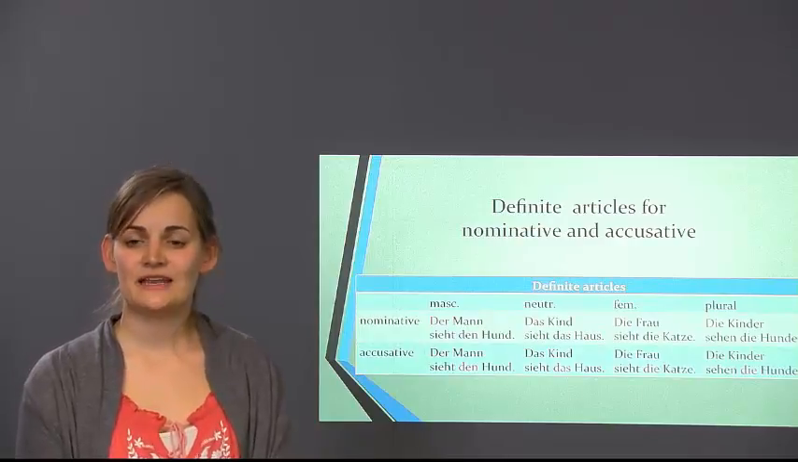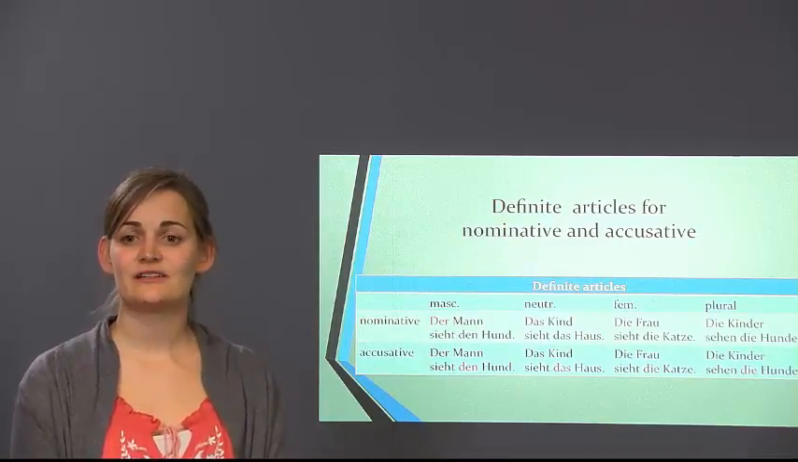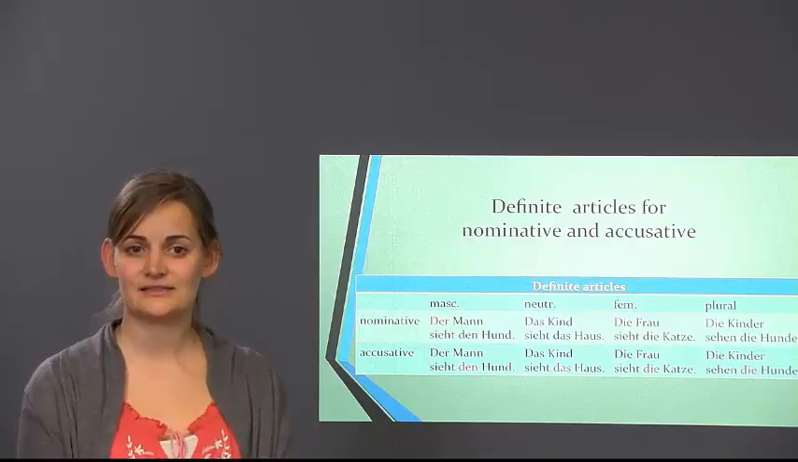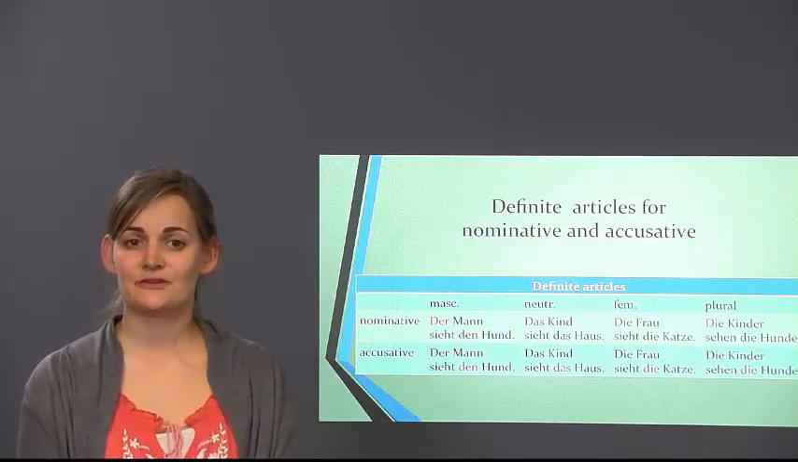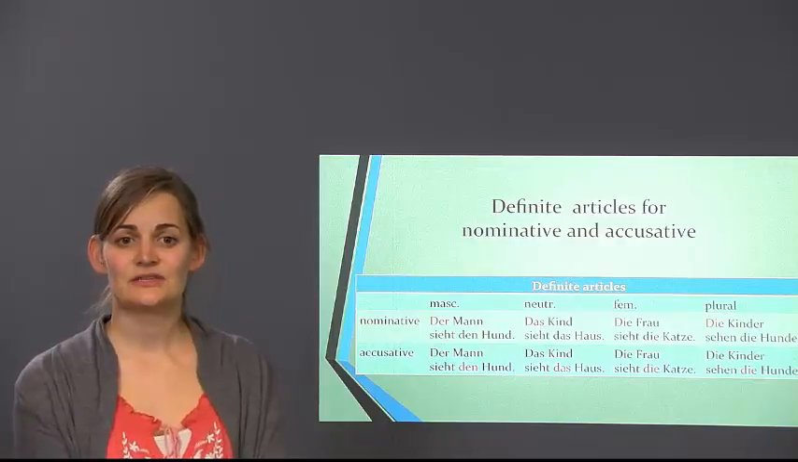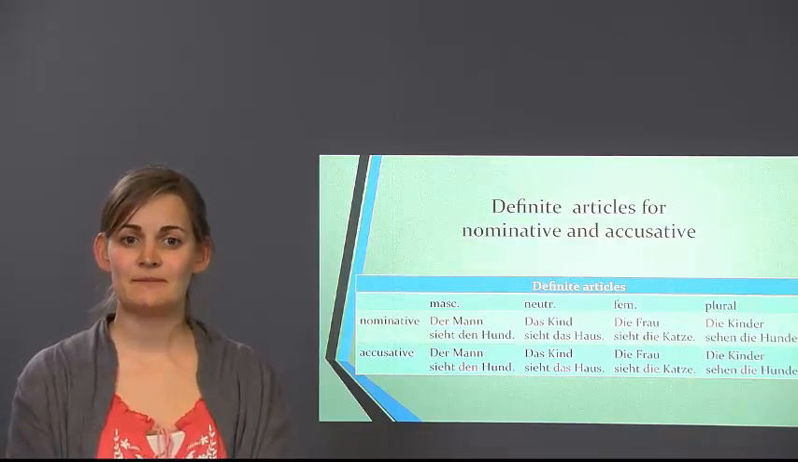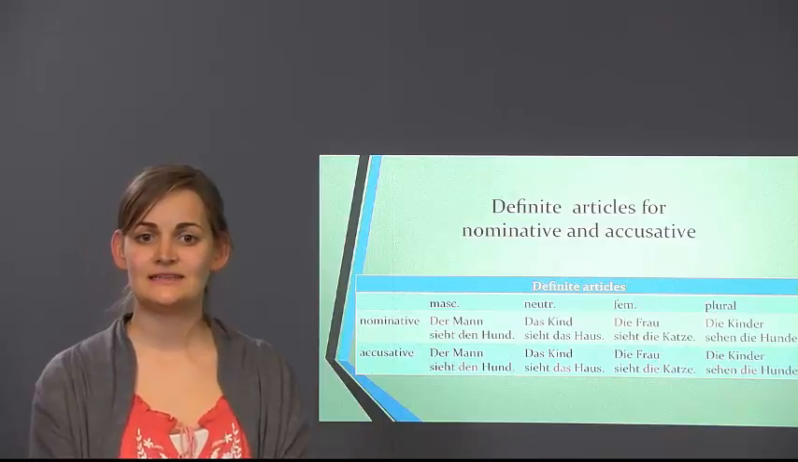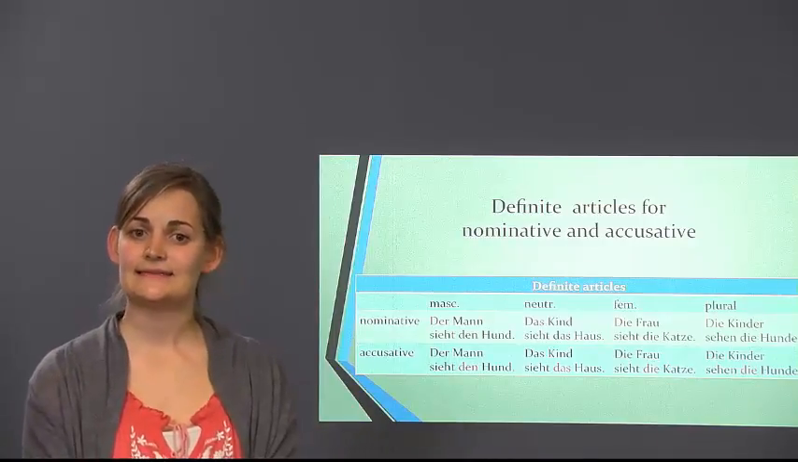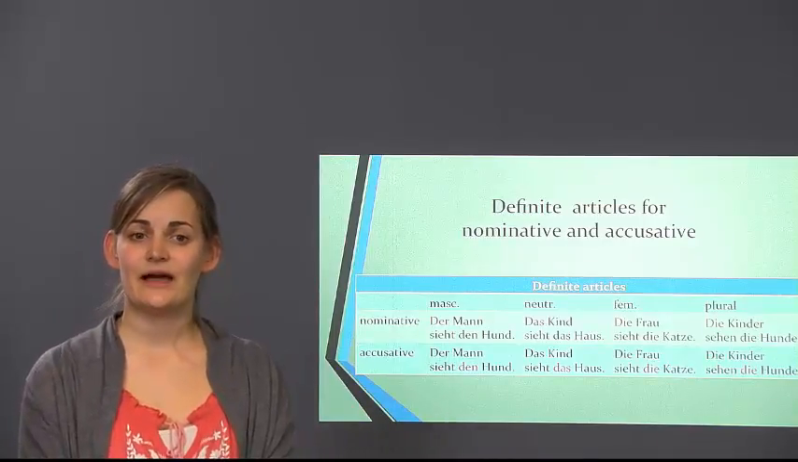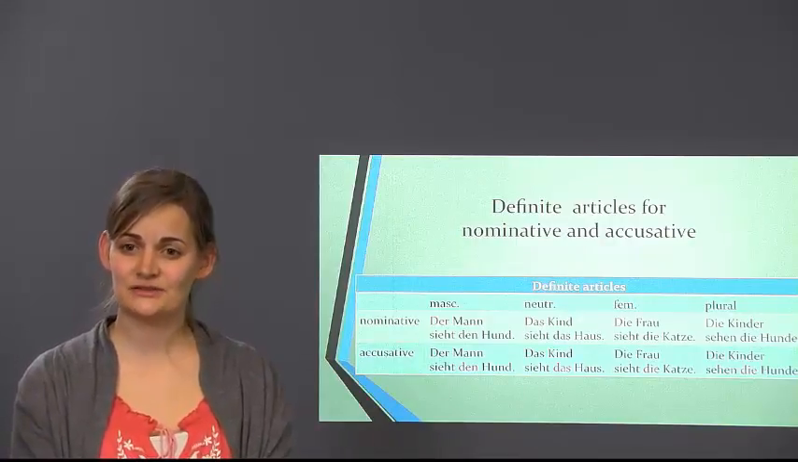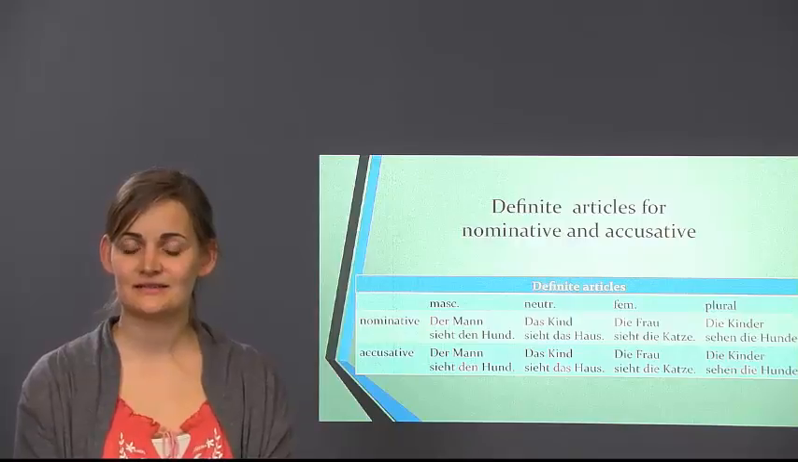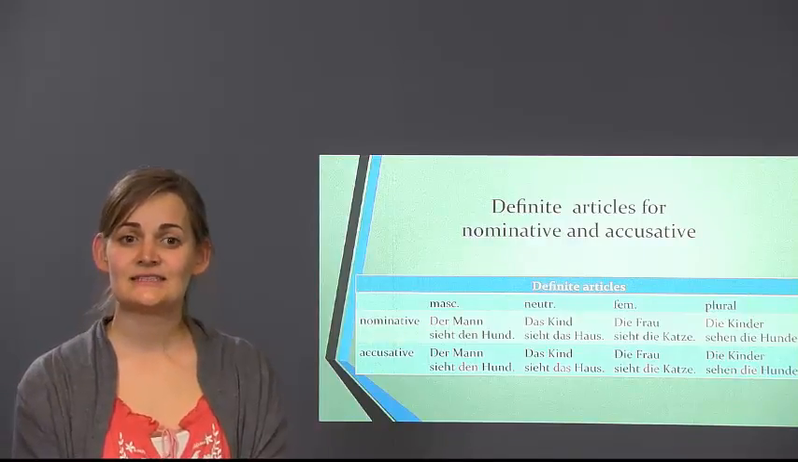Now, as for the nominative case, we have different articles for the accusative case. Here, as a review, you see both. The first row in the table shows us the nominative case. Der Mann, das Kind, die Frau, and plural, die Kinder. Now, if we have the direct object, we mark this accusative case on the article. So, the sentence, der Mann